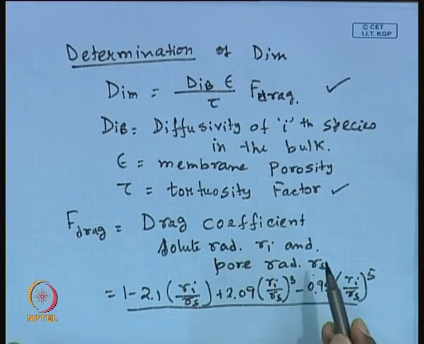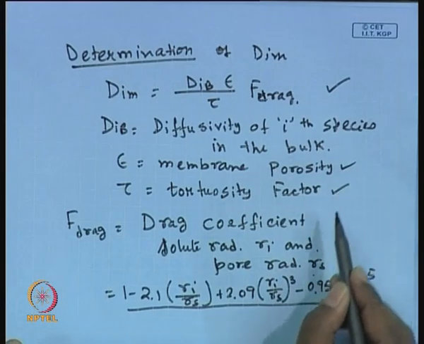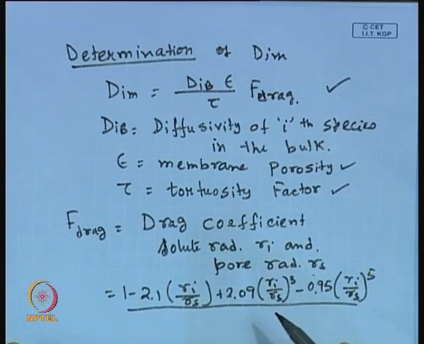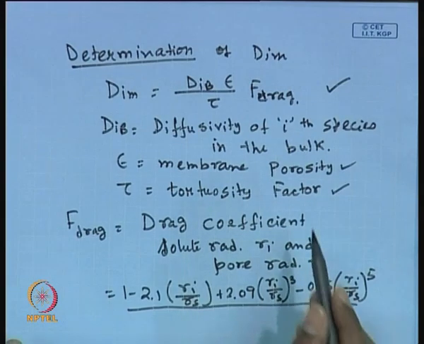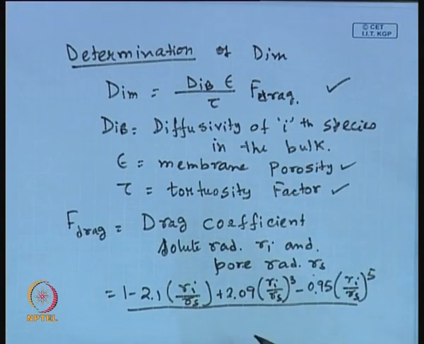Similarly, the membrane porosity is extremely difficult to find out. Diffusivity of the ith species in the bulk may be measurable or may be available in literature, that is quite simpler. On the other hand, the solute radius is measurable, but the pore radius is very difficult